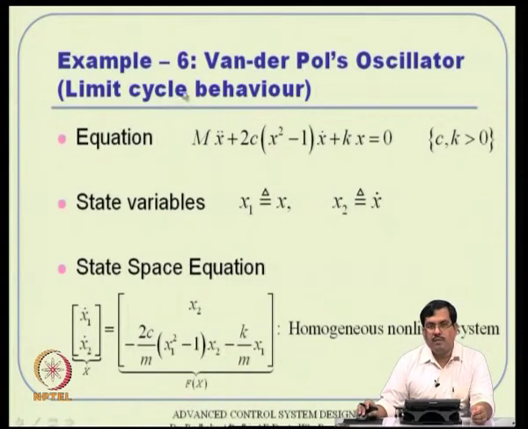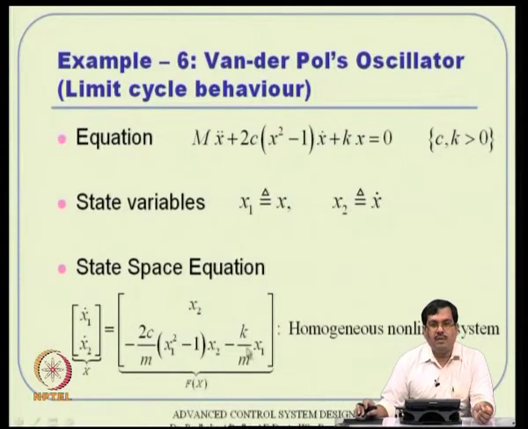The beauty of this system appears if you analyze the equilibrium conditions: you put x1 dot and x2 dot equal to 0 and try to find solutions for x1 and x2. We will see that slightly later. We will see that there is not a unique equilibrium point. Unlike linear homogeneous systems, where x dot equals Ax and u is not there, the moment x dot is 0, then x is 0, which is the only equilibrium point you have.